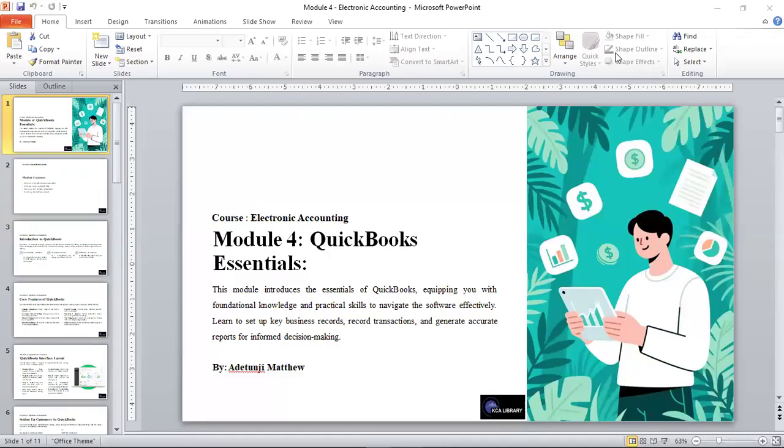Hello, welcome to electronic accounting class again, and this is module 4. Last module we were able to look at Excel as an accounting tool, a basic accounting tool, and we'll move forward to look at QuickBooks